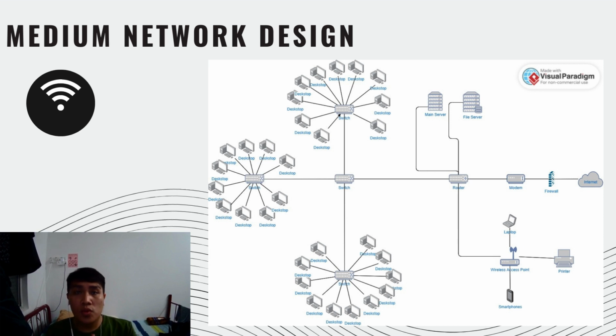This time the file servers, the two servers, are connected directly to the router to allow greater speed for them. And then there is one wireless access point, I think it could be more, but this is a design. The wireless access points will serve the laptops, smartphones, wireless printer, and devices of the students and staff which are wireless. And then from the router, there should be a switch. This switch is the main connector for all of the desktops, the 30 computers in the lab itself. This time we use 3 switches connected to one switch, which is connected to the router, or maybe just one switch. This is just a design.